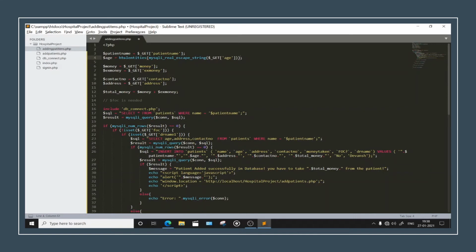Okay, now copy until this part. And what else do we have? Address and contact number, right? So just paste it here, and the two brackets are still there. Okay, fine.